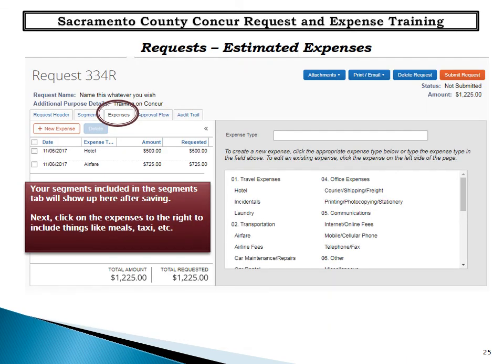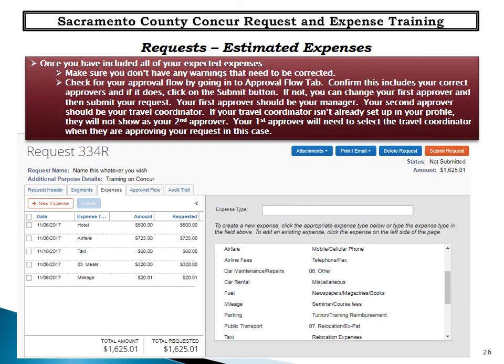Estimated expenses. Your segments included in the Segments tab will show up here after saving. Next, click on the expenses to the right to include things like meals, taxis, etc. Once you have included all of your expected expenses, 1. Make sure you don't have any warnings that need to be corrected, and